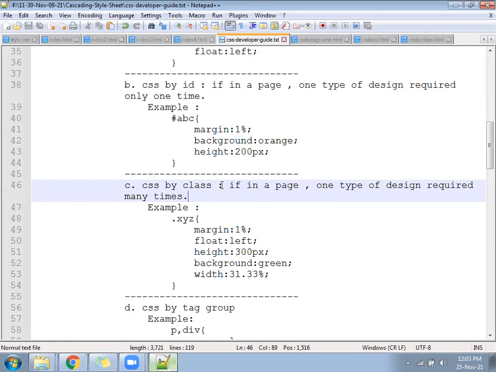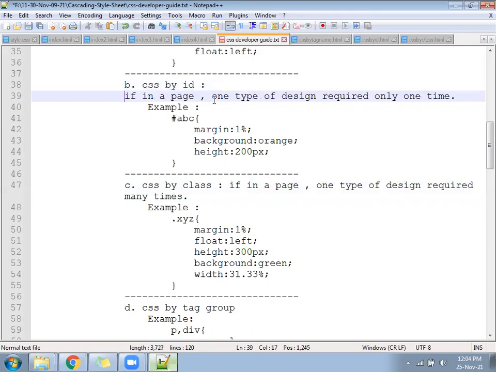If you do not follow like that, what problem will happen? Suppose in one page, multiple divisions have the same ID. For example, if you look into the previous file, first write this line for the ID: if in one page, one type of design is required only one time.